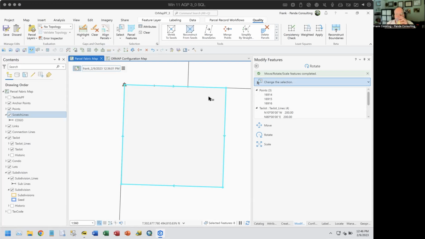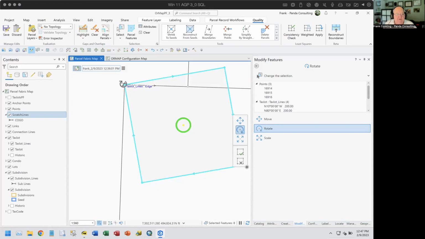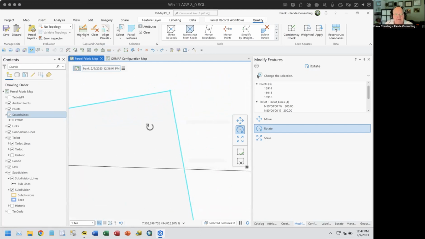It'll snap to that line without the secondary anchor point, correct? No, in this case, it will not. So if I go in here and go to rotate, again, hold down my Control key, come over here and snap it. Because I have a point, the point is actually snapping to that. But if I did not have a point, if I unselected my points,